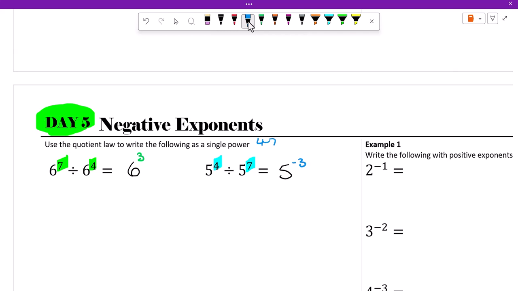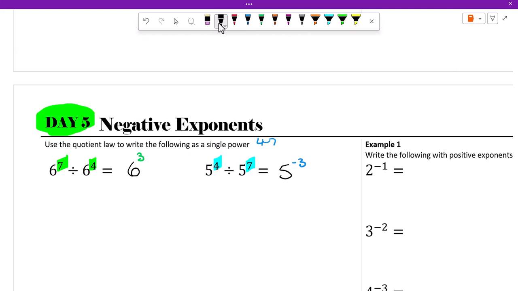So remember that an exponent means it's a multiplication that's just repeating over and over again. So this one's pretty easy. This 3 means repeat the 6 3 times. 6 times 6 times 6. What does a negative 3 mean? That becomes the question here. So to show that,